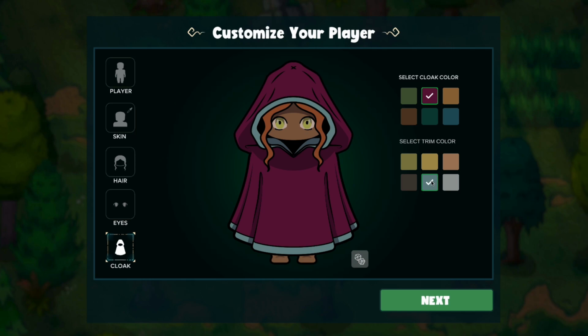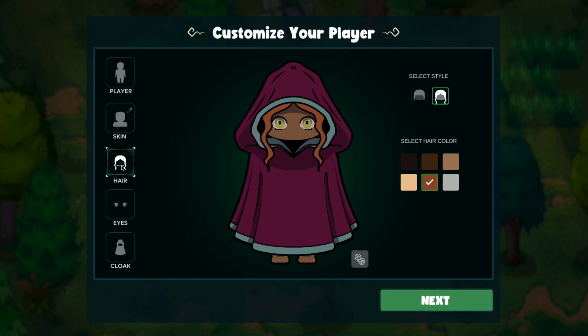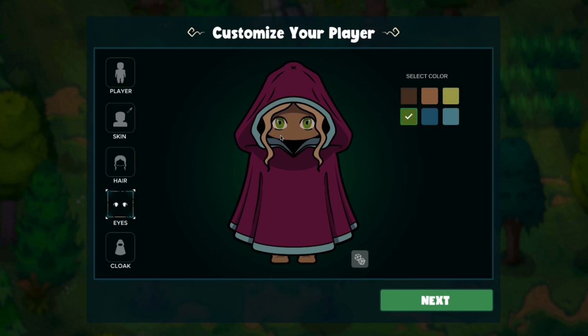Now it's also important to note that even though you've selected your skin tone, your hair color and your eye color, you can actually go back and change that. So if you wanted to change your hair color because you didn't think it matches your cloak, you could go back and just change that to a color that you're more comfortable with. Once again, same with the eyes, and of course same with the skin,